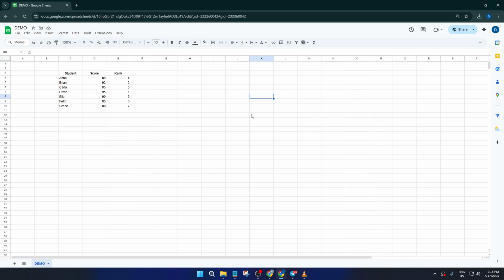Two easy ways to bring back your Google Sheets menu bar whenever it goes missing, either by clicking the little arrow in the top right or by using the Control plus Shift plus F keyboard shortcut. It doesn't get much simpler than that, but I hope this quick walkthrough helps save you some time and keeps